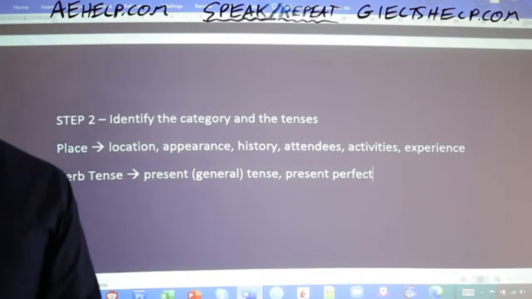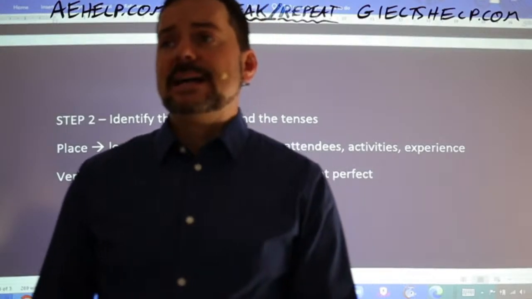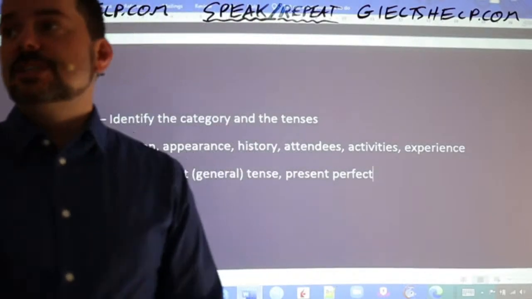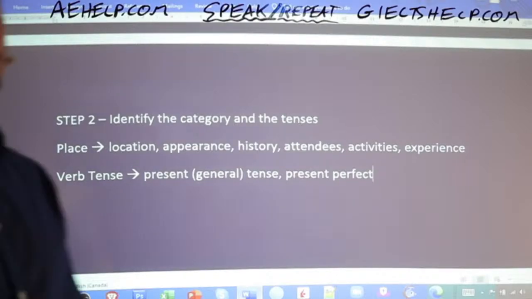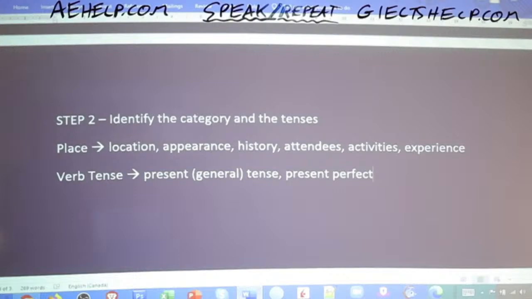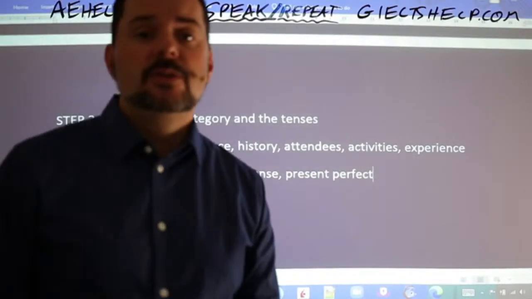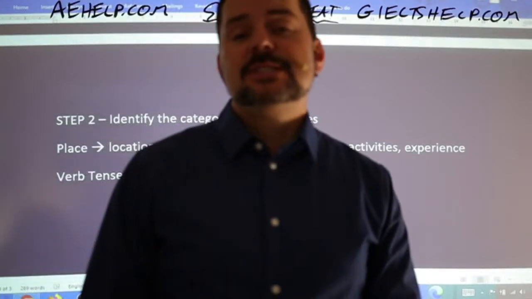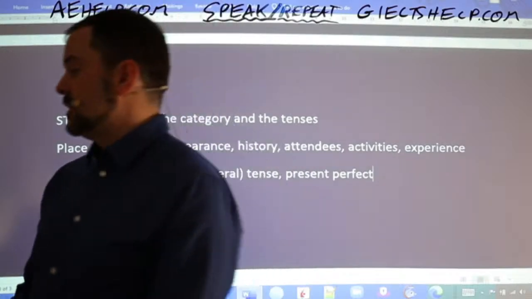So yeah, very good, Ois. So Ois says present and maybe some simple past. I agree, Ois. So Akshay says simple present. Yeah, because you avoid going there now, right? So you might use some past in this case. You might even use some future, like you'll continue to avoid this place in the future as long as. But mostly you're focusing on the present tense and the present perfect tense. So I haven't been there ever since. I haven't gone there because. Okay, so you're using a lot of present tense. Very good.